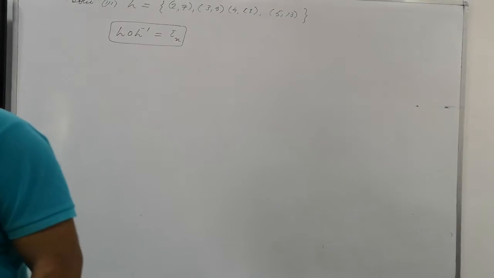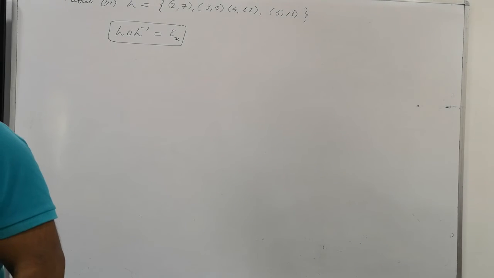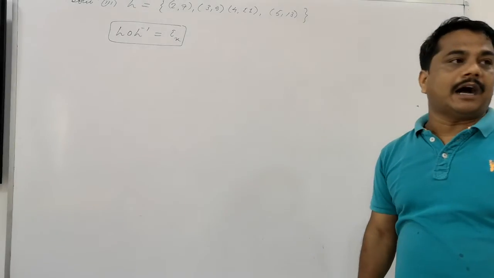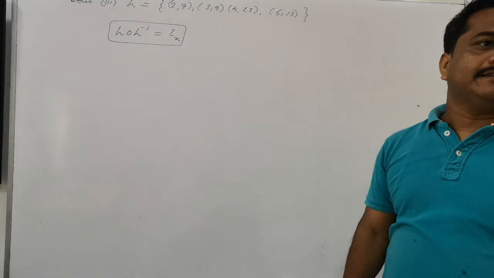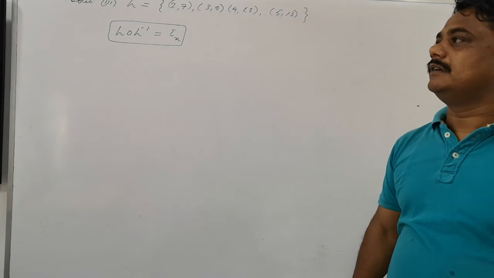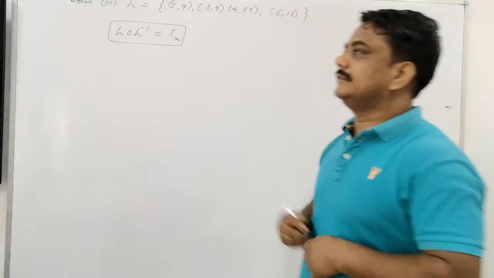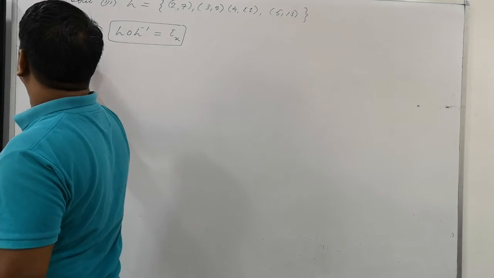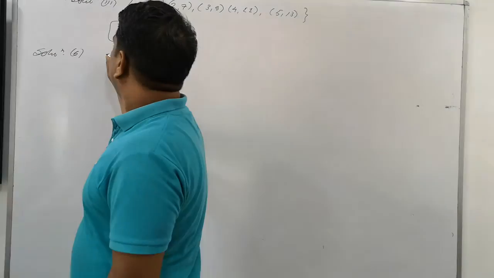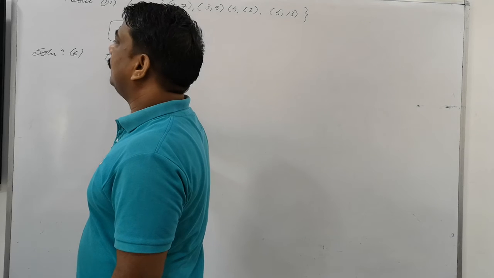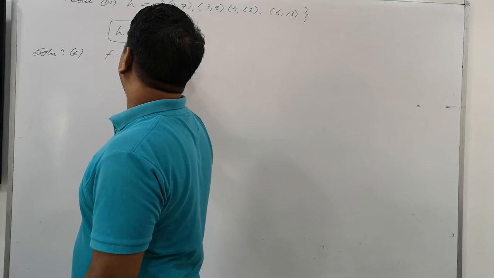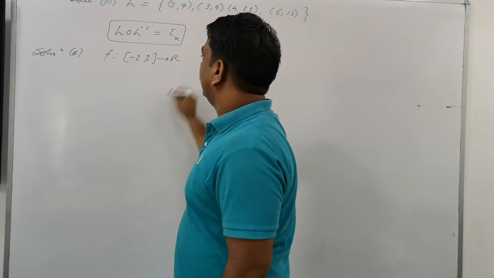What is question number 6 saying in the NCERT textbook? Question number 6: Show that the function from -1 to R given by f(x). Here is the solution number 6. You want to know this question? Solution number 6. A function from -1 to R